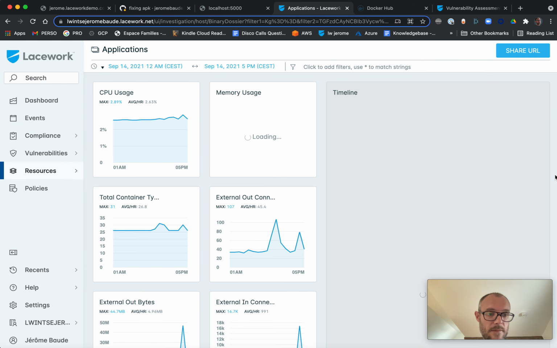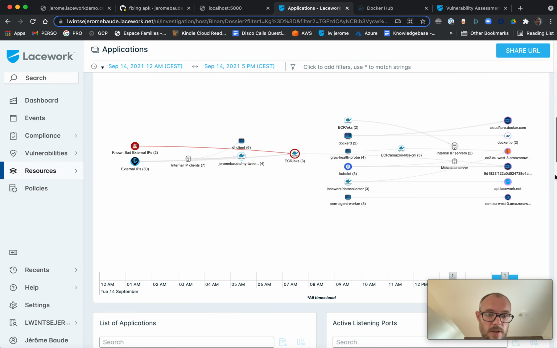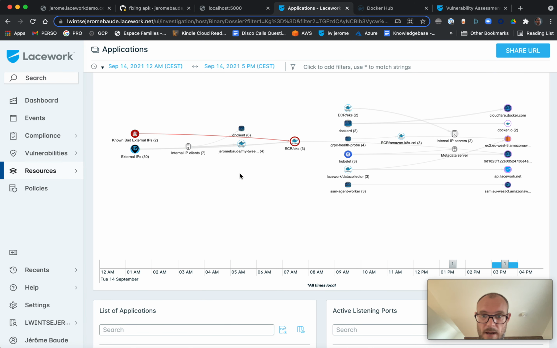And last but not least, if I go to resource host application here, I'm going to have a look at the polygraph, which is a Lacework graph to show you how things are communicating, the different processes that are communicating with my application. So I see that this is my application, my container application. And these are different IP addresses that are